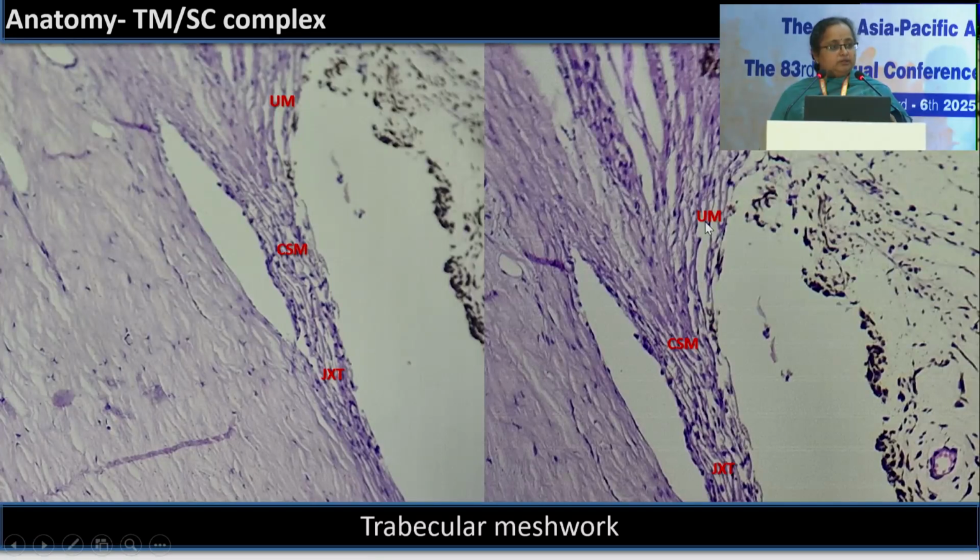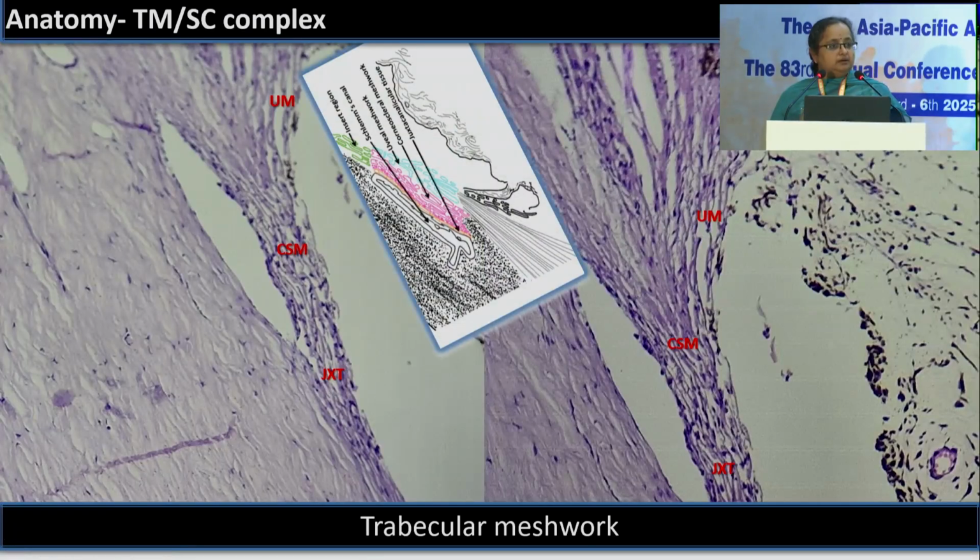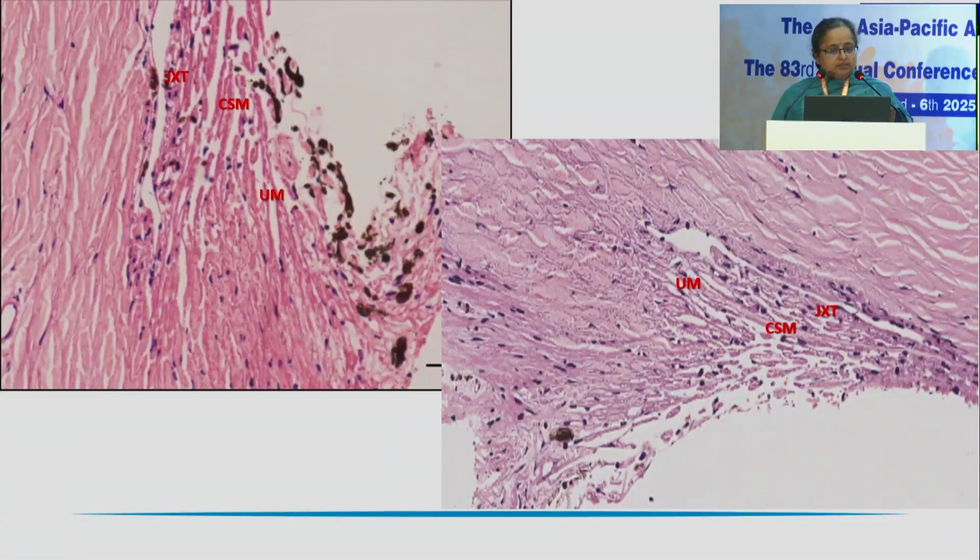And the uveal meshwork is seen as extensions of the CSM as the trabecular meshwork keeps moving towards the ciliary process or close to the iris. So we traditionally know these as the parts of the trabecular meshwork in the textbooks. This is what we get in histopathological specimens. If we get an external trabeculectomy, most of the tissue sample will have parts of the sclera and the cornea, and the trabecular meshwork will actually be a very small bit, or in enucleated globes, this is how we see the three layers.